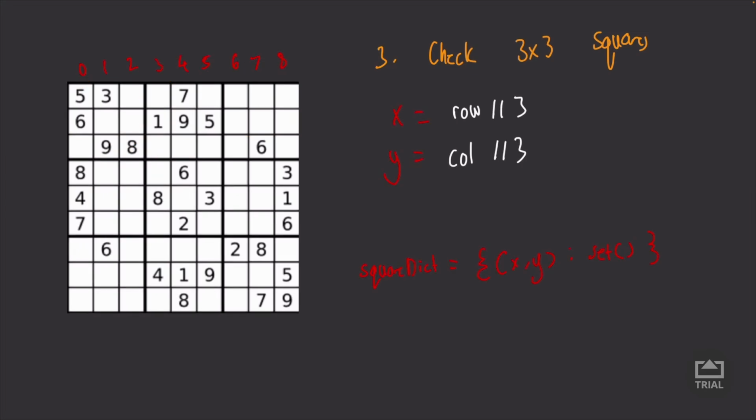So what we're going to do is going to be extremely similar to what we did in step 2. We're going to initialize 2 variables, x and y. And x is going to equal the row floor division by 3, and y is going to equal the column floor division by 3. So the reason why we're doing this is we're going to store all these keys as tuples, where the x value is the current, I guess, row square we're at, and the y value is the current column square that we're at. And what I mean by that